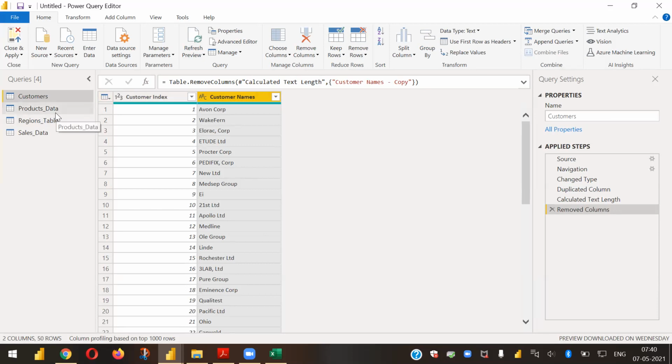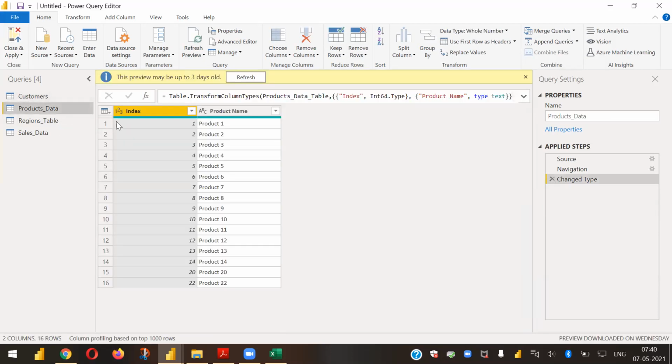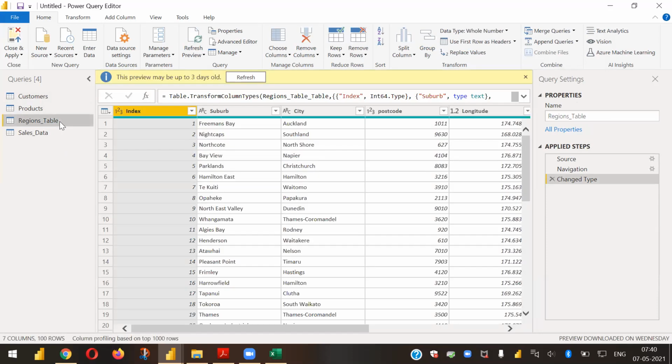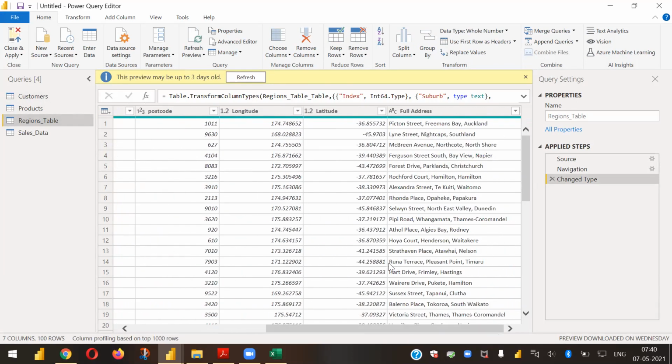Then you can go to the next table and check; its format is 123. Product name is text, and I'll change the name to products. Then the regions table: index, suburb, city, postcode, longitude. I think all are in a correct format. I'll just rename the table.